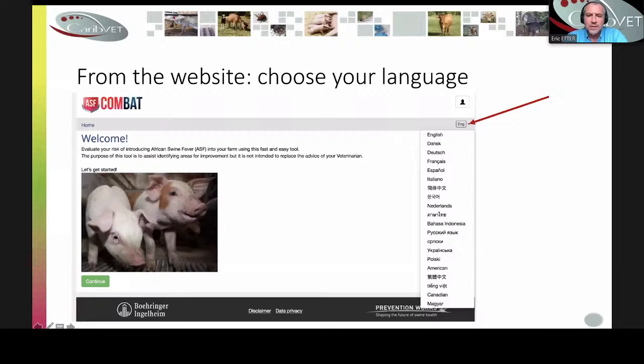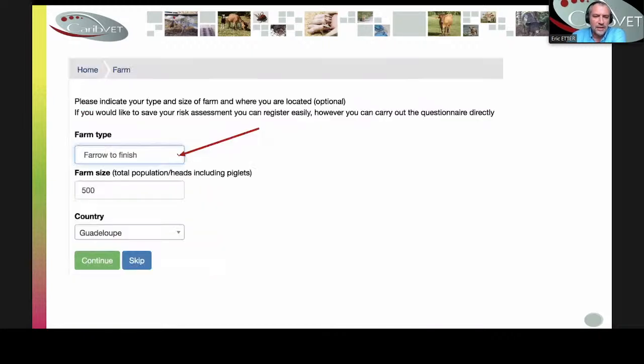Not in Portuguese. I was just checking. I don't see it in Portuguese. But anyway, you will start by choosing your language, and then you just proceed, and you will have to